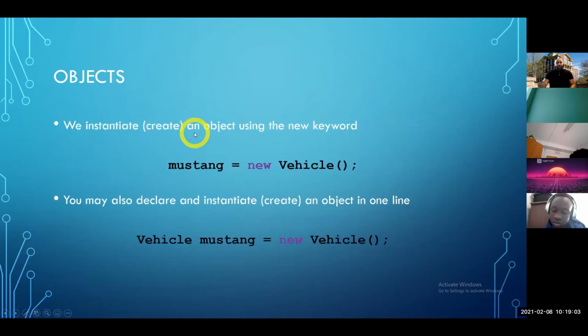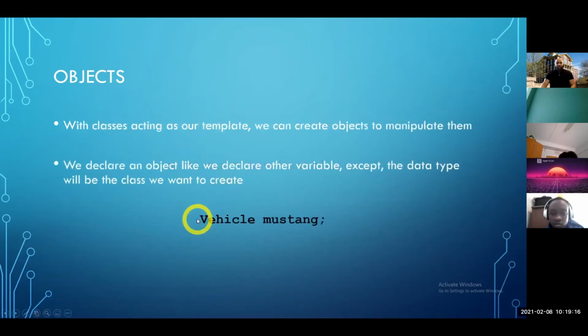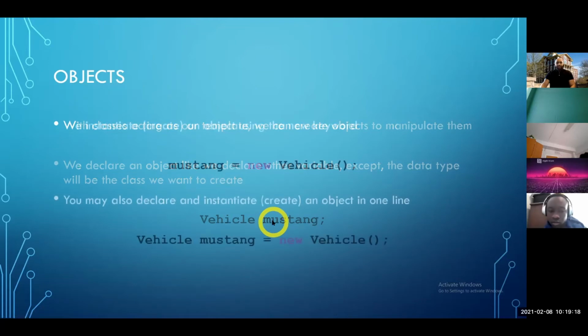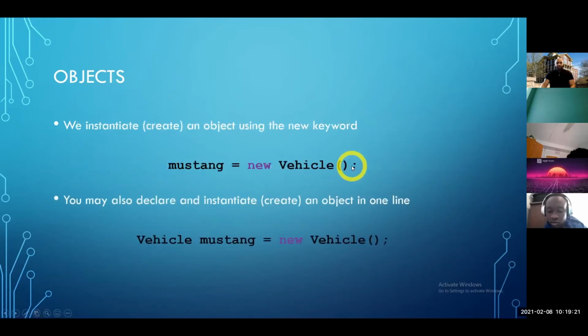Then we actually create the object or instantiate it using the new keyword, similar to an array. So Mustang equals new Vehicle, right? The previous slide, we declared the object, and on this side, we actually instantiated it. Again, just like any other variable, you can do all of that on one line, just doing Vehicle Mustang equals new Vehicle. It doesn't matter how you do it. You may want to declare it somewhere, and based on a certain given logic, the actual object that you're creating changes. We'll talk about that later when we talk about inheritance